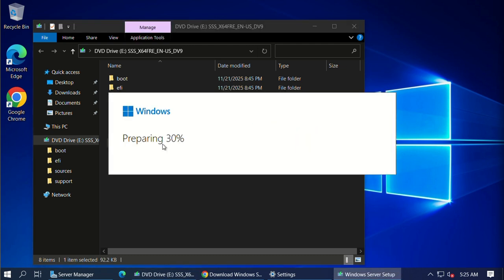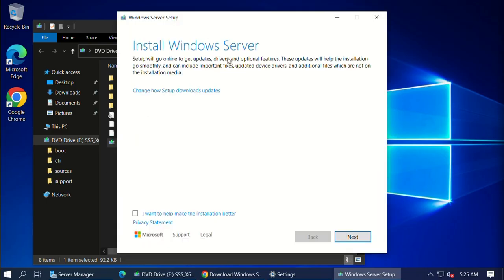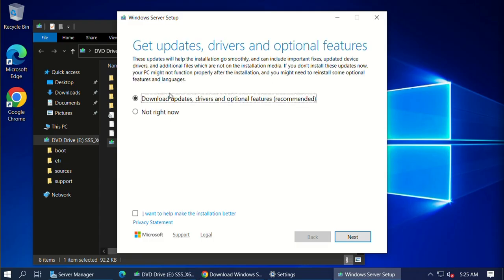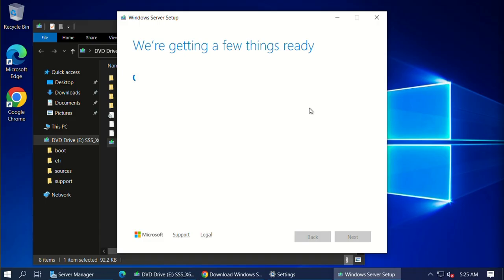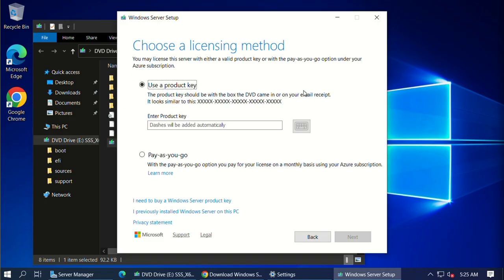So you see guys, in Windows Server 2025 installation, click change how setup downloads updates, and so click not right now, and press next. In Windows Server there is no User Account Control, so you must enter your product key.